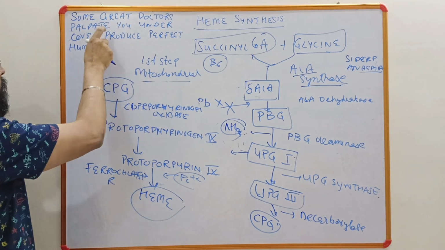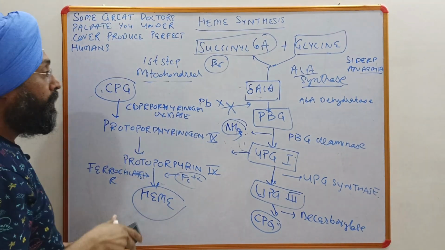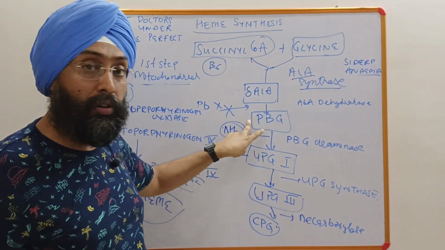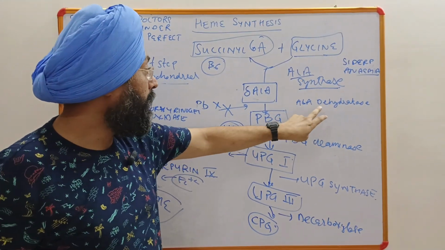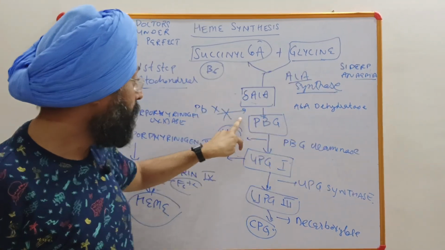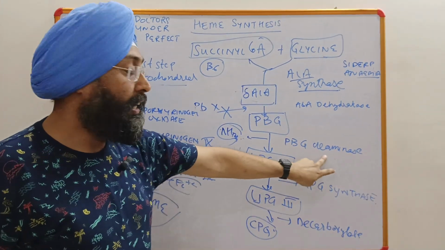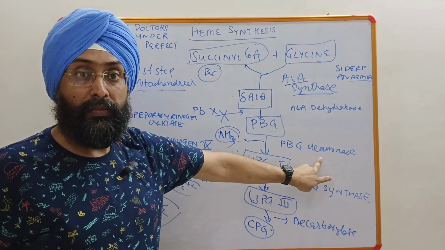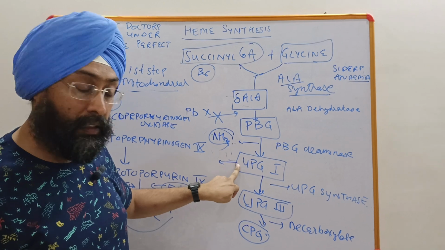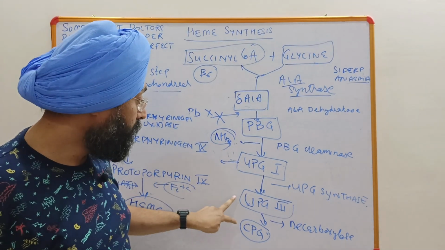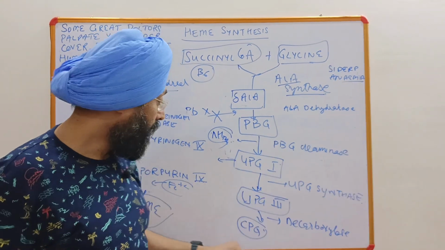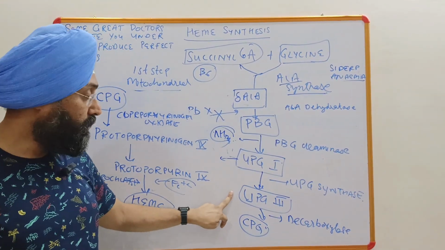And then palpate: from delta amino levulinic acid we get porphobilinogen, and the second enzyme is ALA dehydratase. From PBG we get, by a deamination reaction, where the 4 amino groups are removed, uroporphyrinogen 1. From uroporphyrinogen 1 we get uroporphyrinogen 3 by a synthase reaction, and from uroporphyrinogen 3 we will get